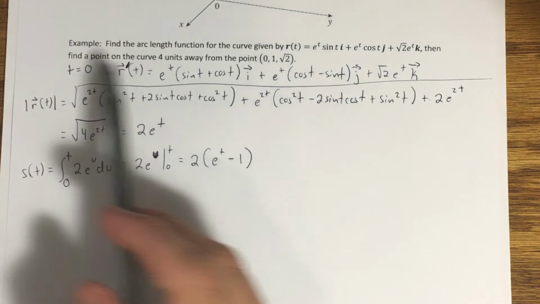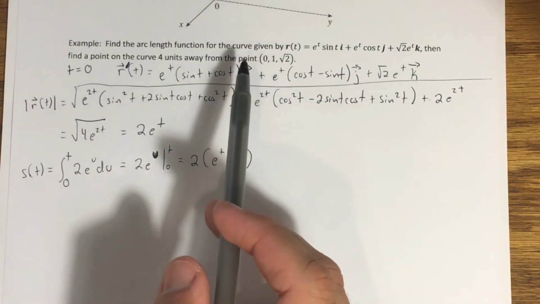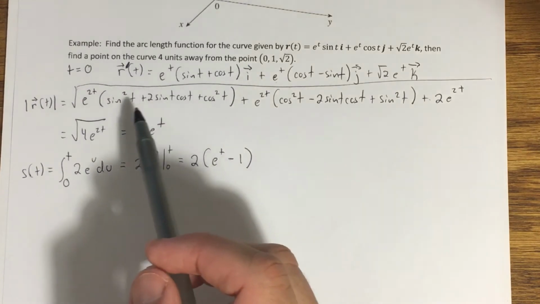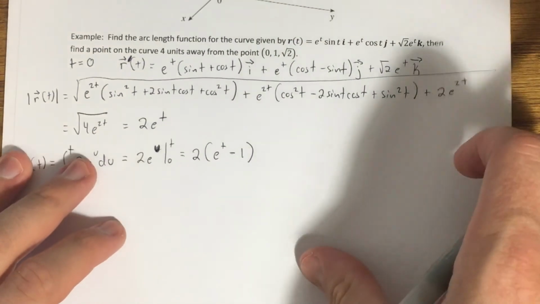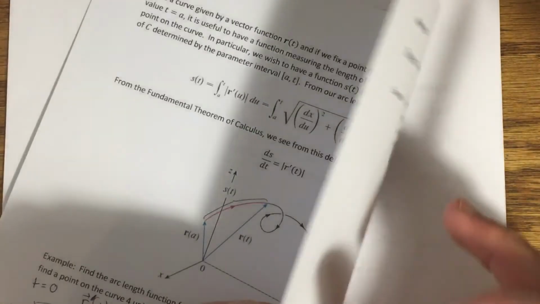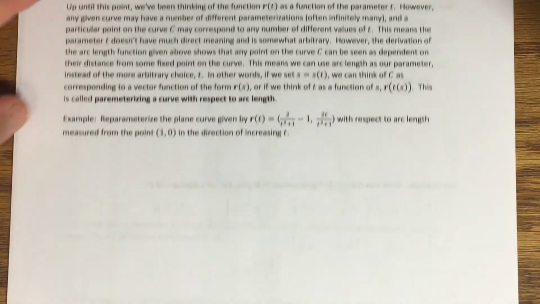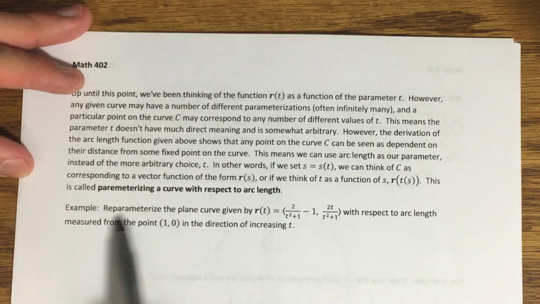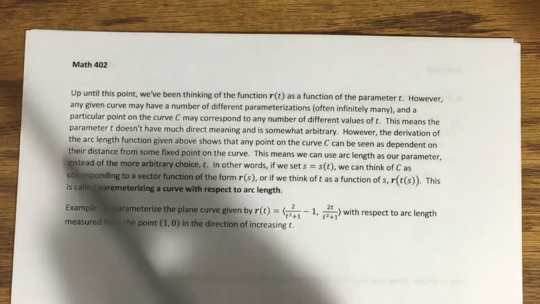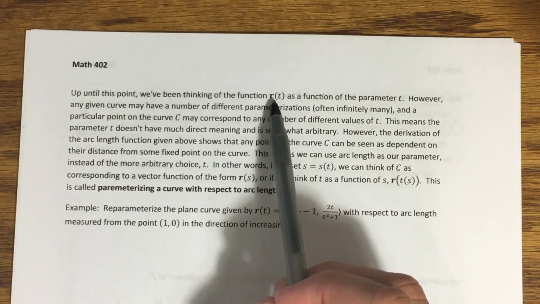Now, to answer this next question, we need to briefly talk about re-parametrizing a curve with respect to arc length. So I'm going to mention that on this next page, and I'm going to come back to this example to work that out. Okay? So we'll probably not get to this example until the next video, but like we've been saying, the function r of t,